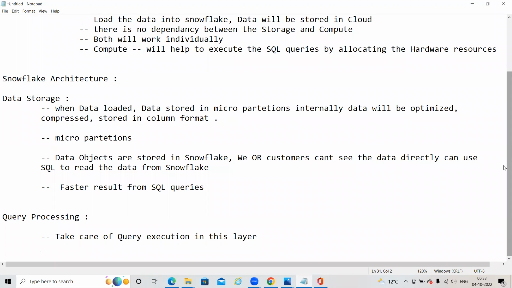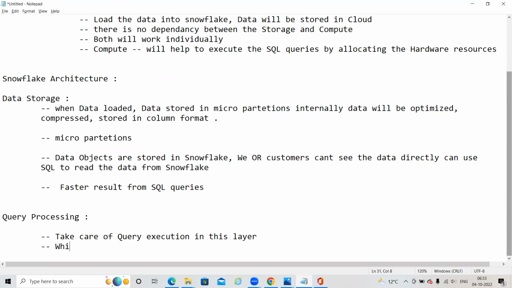See, I told you earlier, they have separated the storage and compute layers. So here the compute layer part will be involved. I will explain.